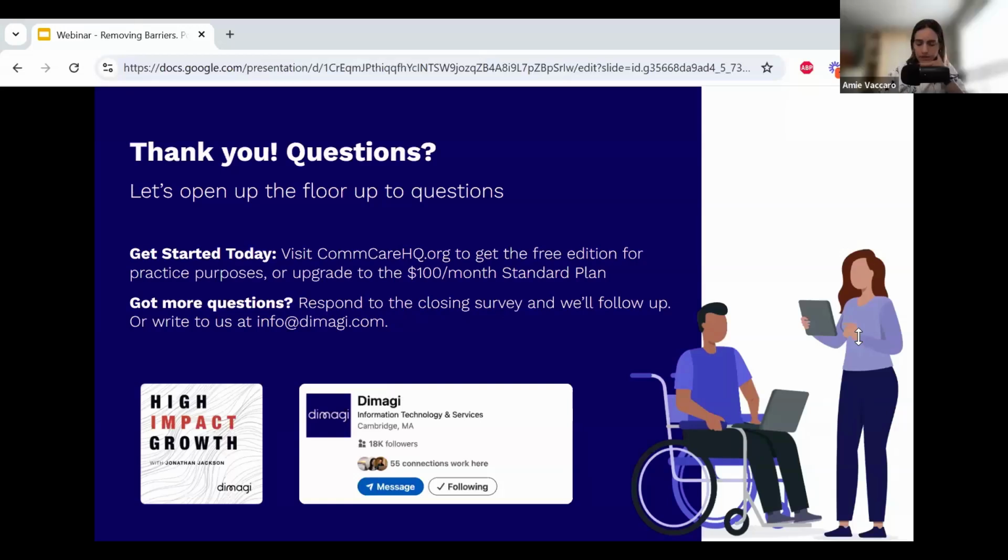Yeah, absolutely. Thank you for that. I think we've long heard that folks find CommCare to be expensive, and I'm just so proud that we've been able to make this bold decision to really drop the price on a really powerful plan. I'm curious, we talked a little bit about it on the last slide, but what are some of the limits to the standard plan, and what is the biggest reason that somebody might upgrade from the standard plan to a plan above that?